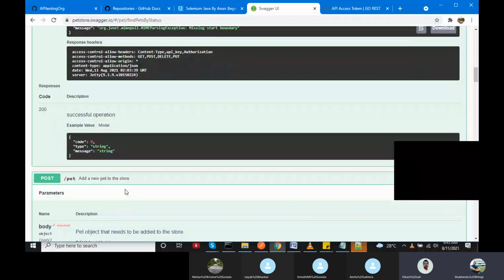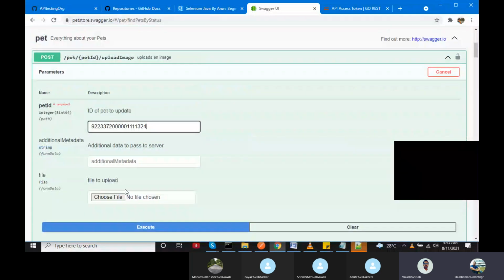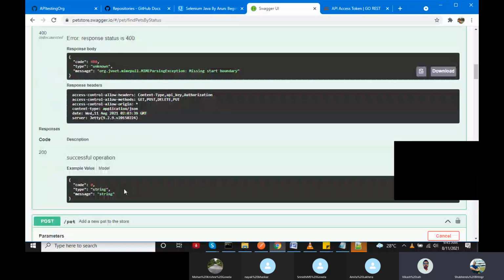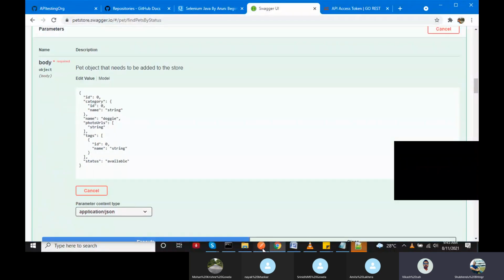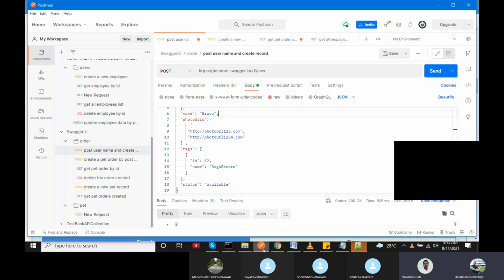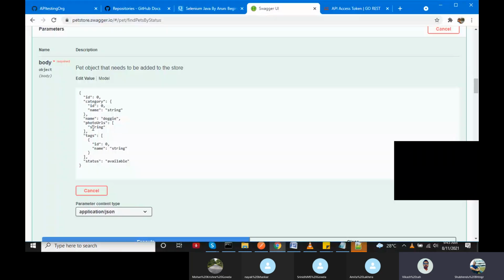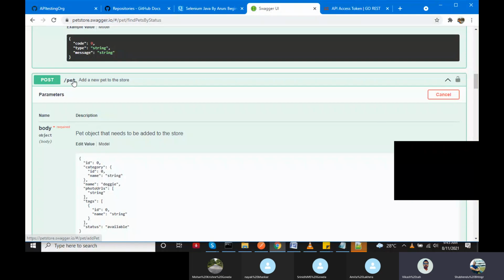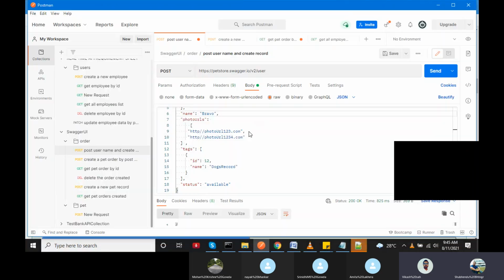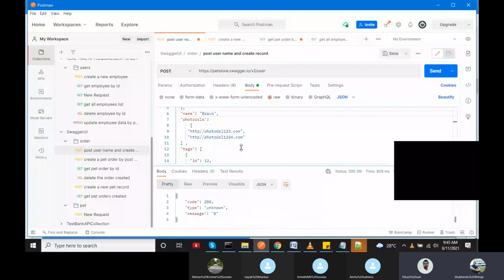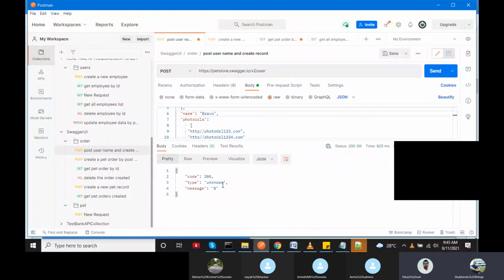So I was not able to do it. First I was doing this, add a new pet to the store. In this I was using this URL. So what happened, when I did this post request, I was getting this message, code 200, type unknown.